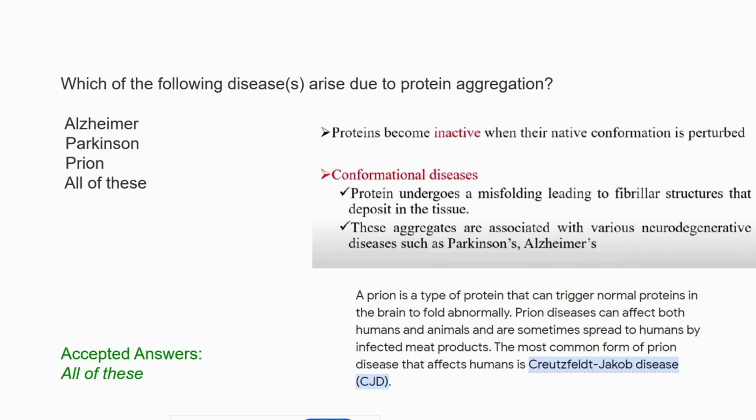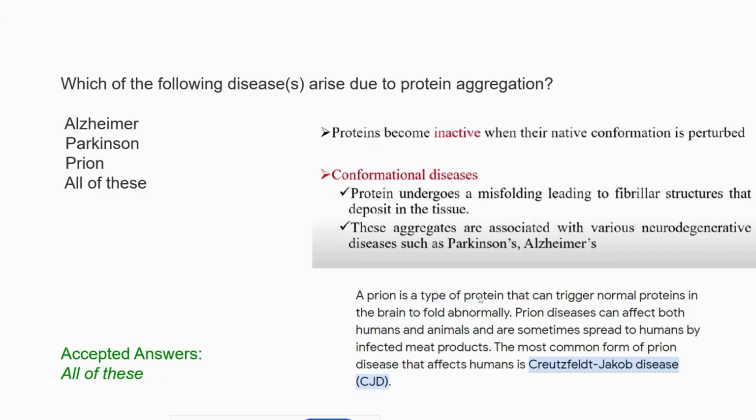Which of the following diseases arise due to protein aggregation? So the options given were Alzheimer's, Parkinson's, prion, and all of these. The correct answer would be all of these. Parkinson's and Alzheimer's are basically neurodegenerative diseases that occur due to misfolding of proteins, and prion is another such disease,